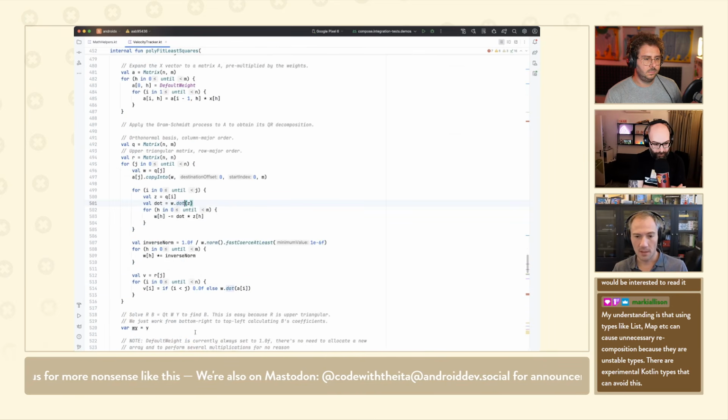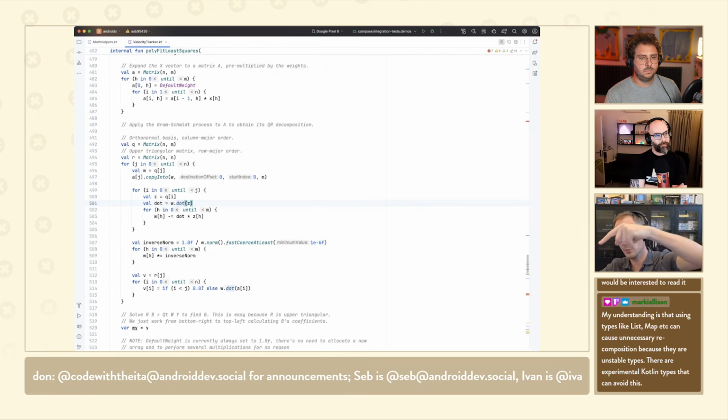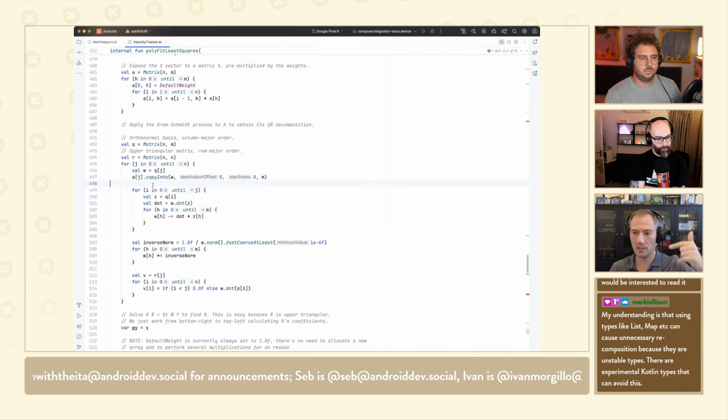Pretty cool. Now, the original version of that code had an actual matrix class that contained an array of arrays, actually an array of vectors, and a vector was a class that itself contained an array. So when you think about it, I have a pointer to a matrix, then a pointer to an array, then a pointer to a vector, then a pointer to an array, which meant that all those accesses were actually pretty expensive because we kept jumping in memory, and we could have cache misses.